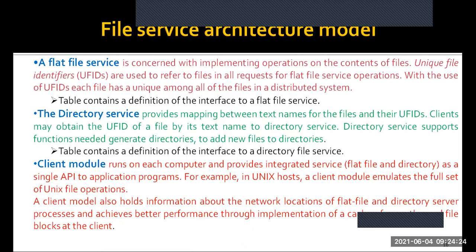Okay. And coming to the directory service, it has the responsibility of mapping the text names of the files given by the clients with the UFIDs of their corresponding files. ఫైల్స్ యొక్క UFIDsతో ఫైల్ యొక్క నేమ్స్ని మ్యాప్ చేయడమే డైరెక్టరీ సర్వీస్ యొక్క రెస్పాన్సిబిలిటీ.